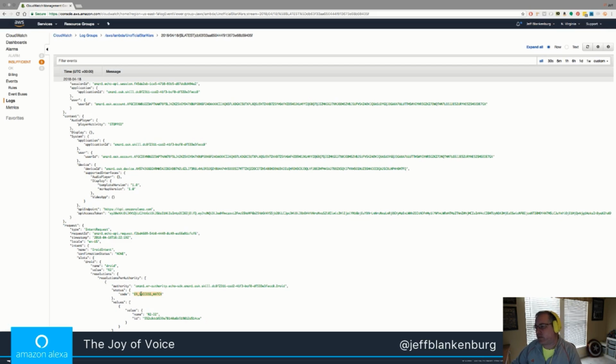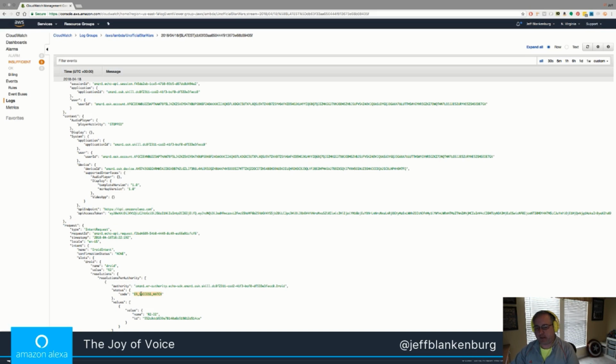Or maybe 100% is overstating it, but it's really confident that it matched something that is one of my slot values. If this says ER_SUCCESS_NO_MATCH, that means it's really confident that it didn't match anything in my slot values, which is also really useful information as we're trying to make calls to a database or something like that. So this code is really useful to know, do I or do I not have any values that matched